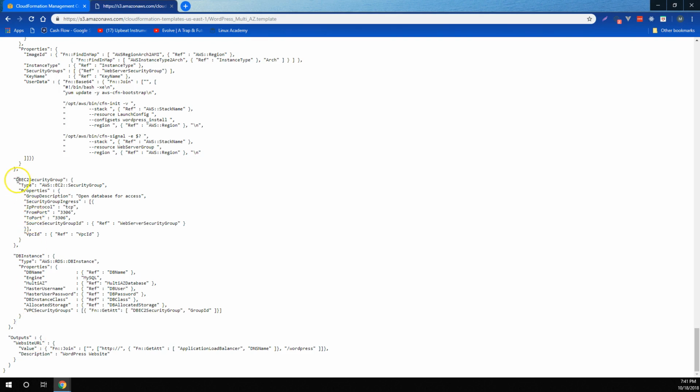And then finally, we have a database EC2 security group and a database instance. Of course, the security group is going to set rules that are similar to the EC2 security group we configured earlier, including the IP protocol, the from port, and the to port. And then finally, for the database instance, this resource is an RDS database instance, and it's going to use the remainder of the parameters that we set at the beginning of this video, including whether we want a multi-AZ database,